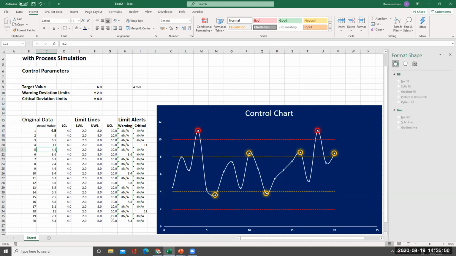Now, dynamic part, we will see. What dynamic part means, if I add a value here, say like 8, all these are to be calculated, and then this has to be added into the chart.